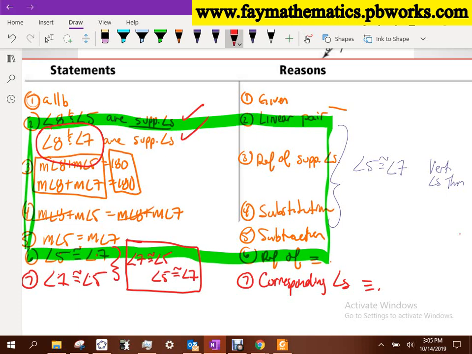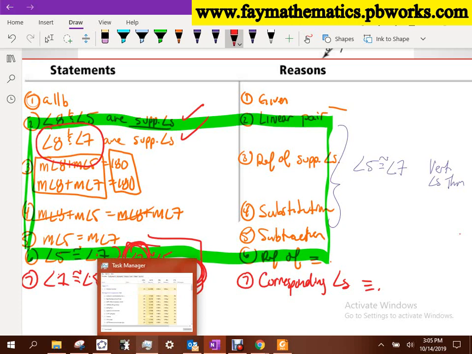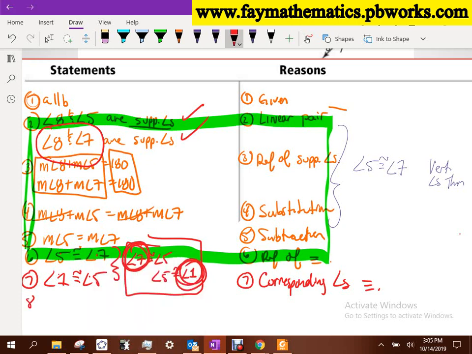One of these is 1. It's supposed to be a 1. This one's a 1. Sorry, this is a 1. Wrote it kind of like I write my 7s. That's a 1. So 7 is congruent to 5, but 5 is congruent to 1. What does that tell me I can say about 7 and 1? They are congruent. So angle 7 is congruent to angle 1.